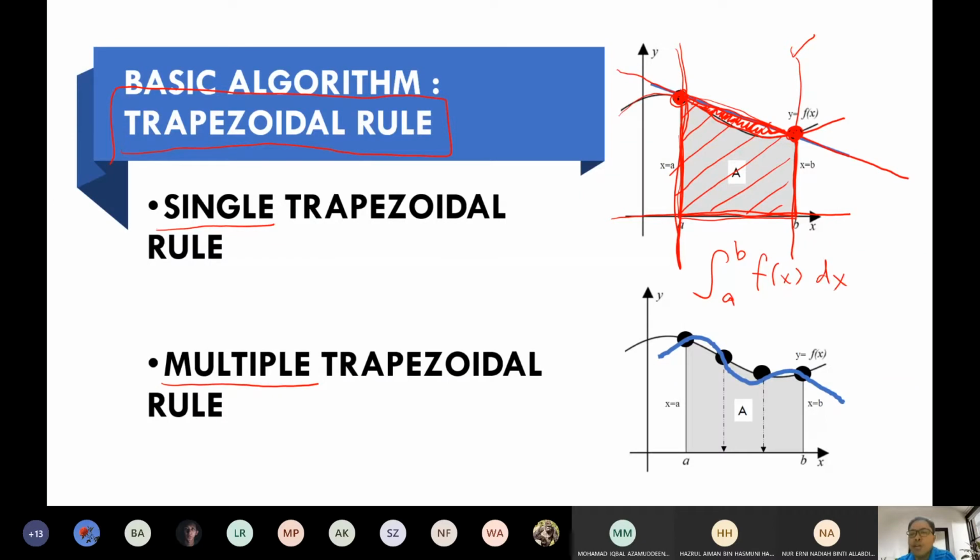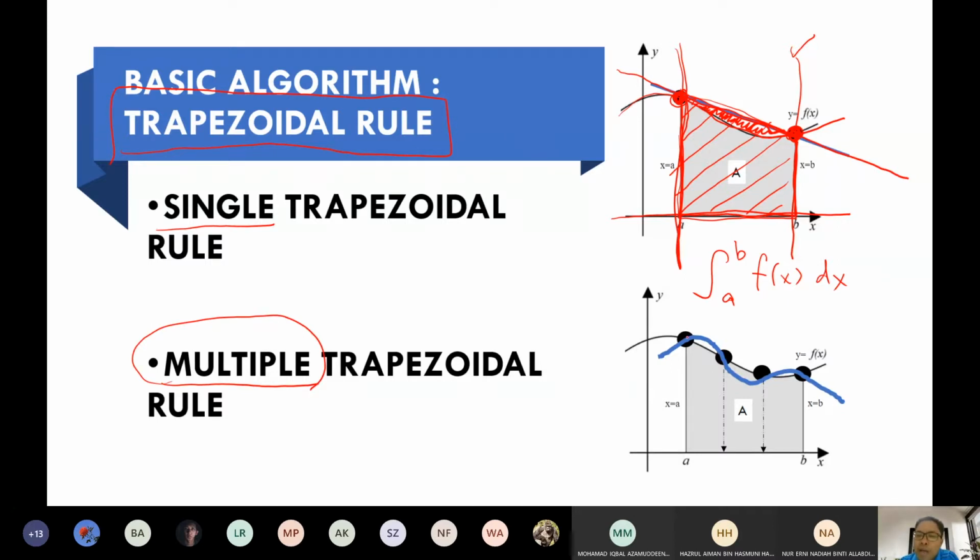However, this method is not so accurate. So in order to improve on this problem, we will develop another method called the multiple trapezoidal rule,